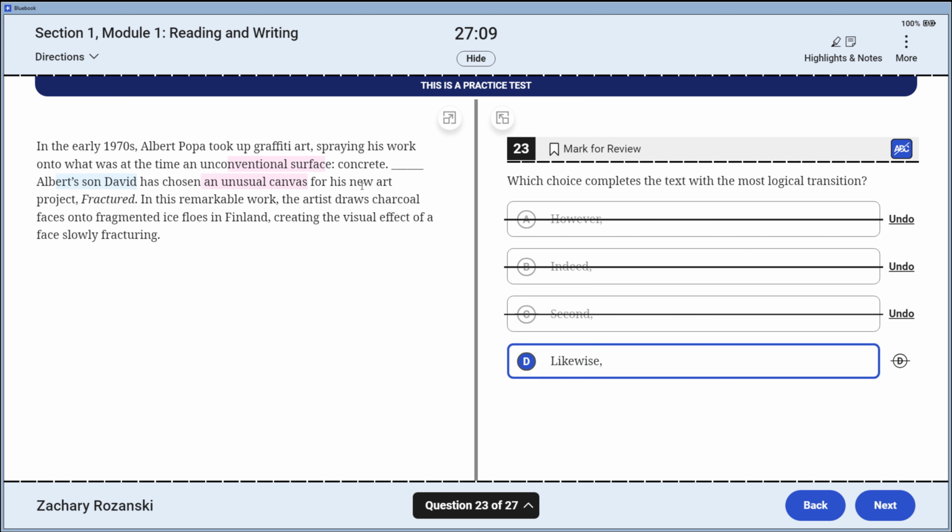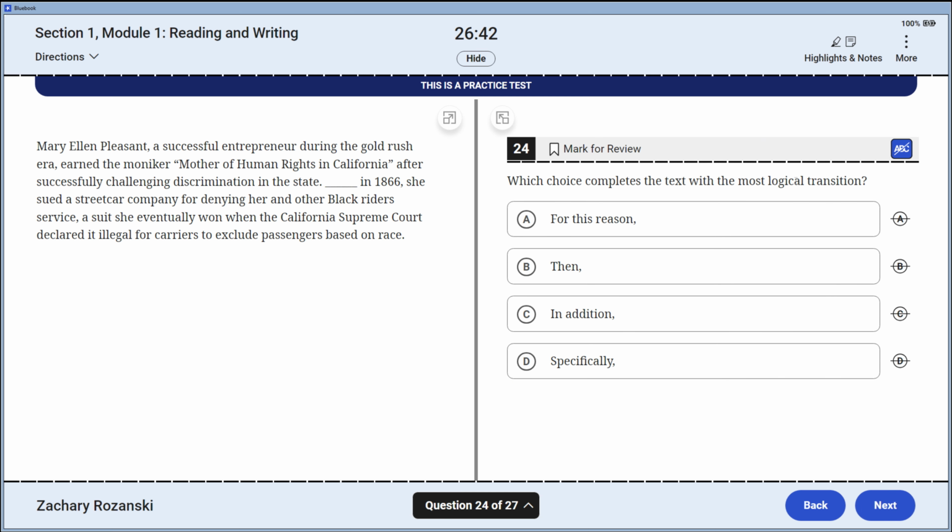Now, however, no, there's no contrast present, and I don't like the choice of likewise because I usually like likewise to be some sort of secondary support, and it lands in the sense of the son is not the papa, but they both use unusual surfaces for their art. However, I usually like that coming earlier. So I can appreciate in this moment that likewise is more of a similarly than an in addition concept. That's a funky one, but my comfort in knowing that the contrast that however presents just isn't it allows me to get that right.